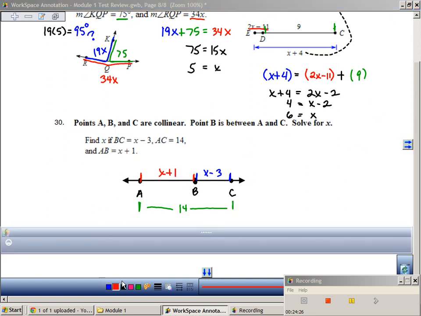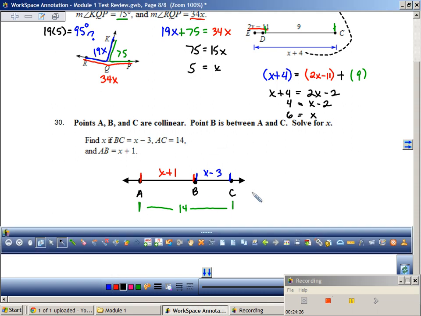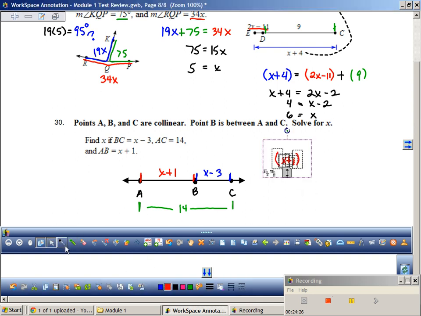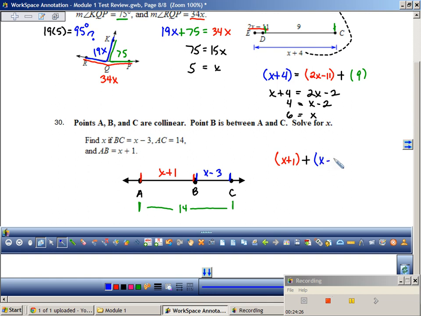Which postulate am I going to use? Segment addition postulate. So I'm going to add x plus 1 plus x minus 3 equals